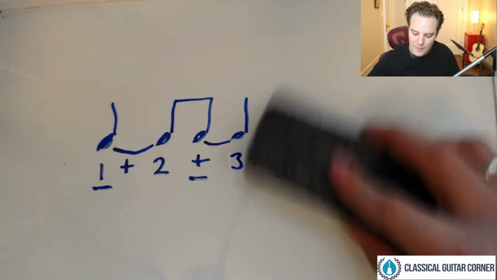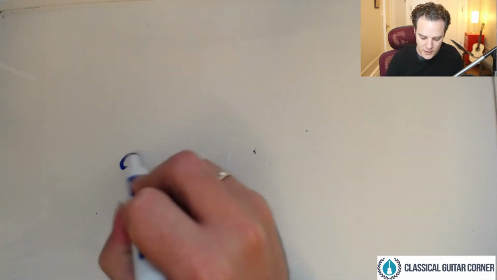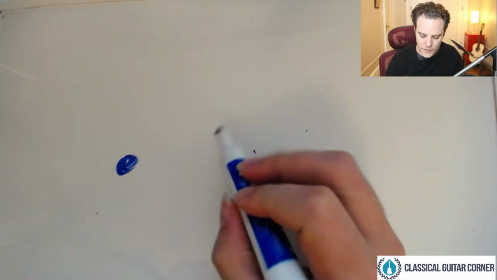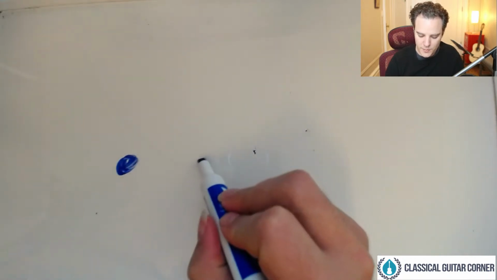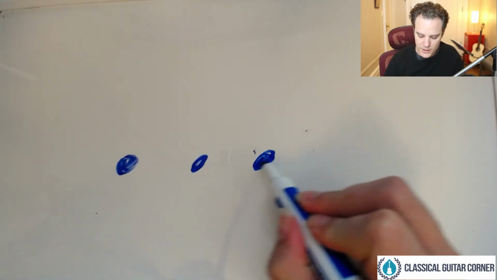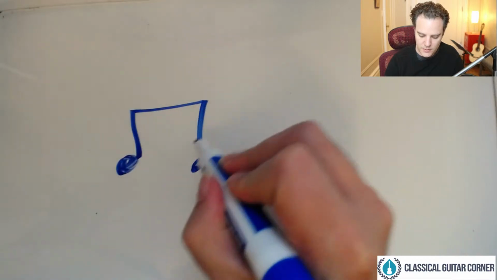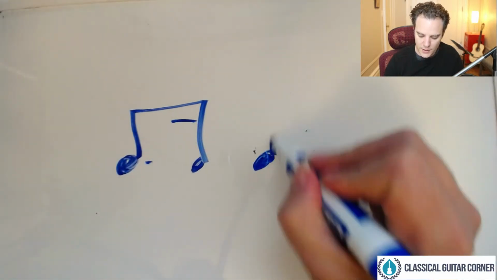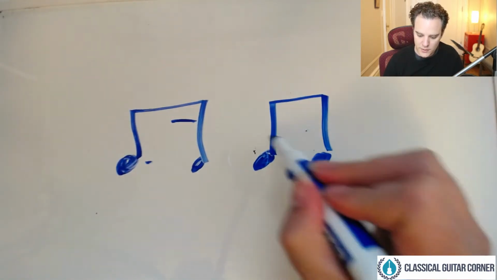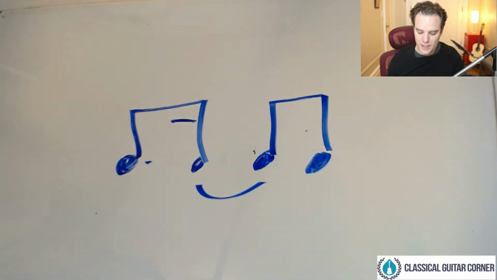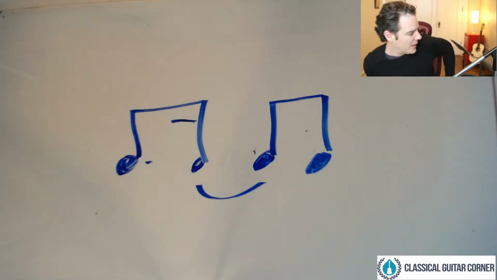A really good example of this would be this kind of rhythm, which would be, yeah, I think that's right. This, right? That rhythm, if you had it in a piece of music, you might read it and it might be confusing, but